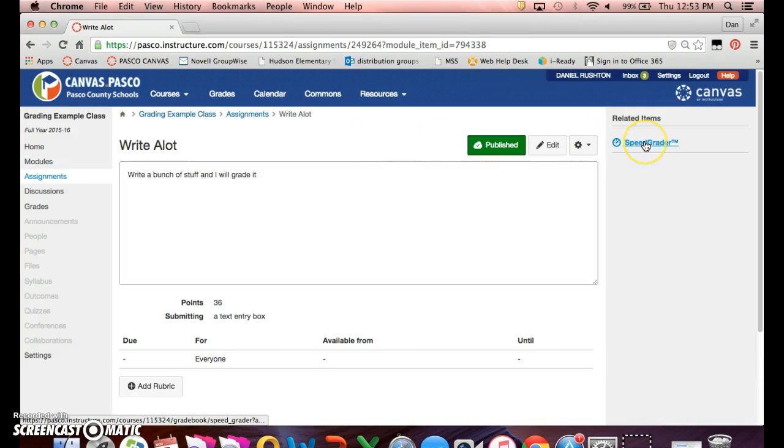And if you look over here on the right hand side, we have what's called SpeedGrader. SpeedGrader is an awesome program. It lets you grade everything. It lets you keep track of who's doing things, who's not, and it lets you interact with the kids by sending them emails to say you're not doing your work. It's a very good cover for yourself. It keeps you protected by showing that you are informing the students, and since the parents can see this if they know their students' information, you're informing the parents as well. So we click on SpeedGrader,